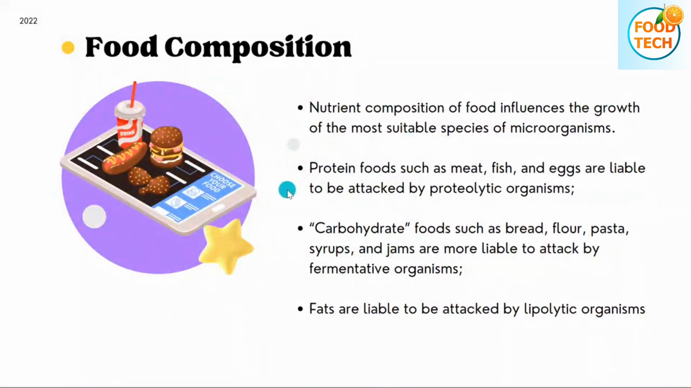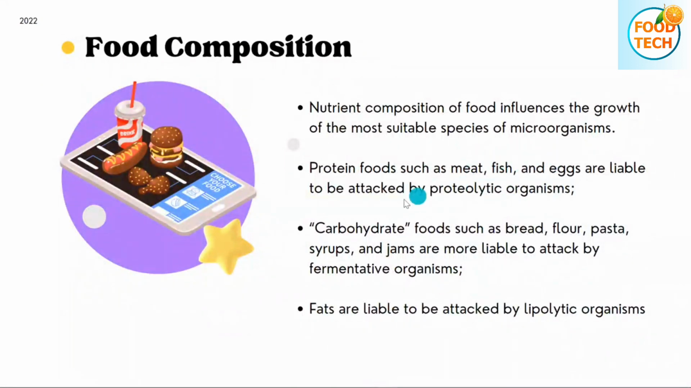For example, as I said, high risk foods. High risk foods are meat, fish, egg, and milk. These are protein-rich foods, and they are attacked by proteolytic organisms. There is a reason, because proteolytic microbes release protease. Protease can break down the large protein chains, peptide chains, into smaller proteins. That is why the favorite food for proteolytic enzymes is protein food, such as high risk foods like